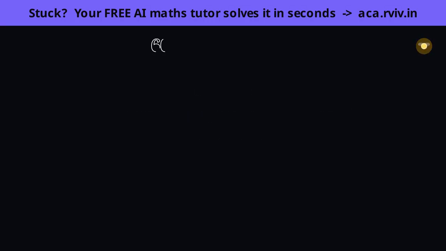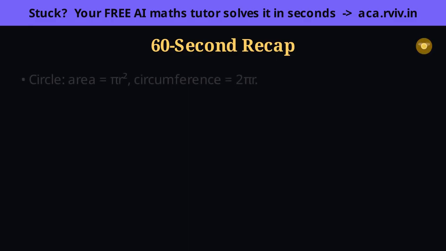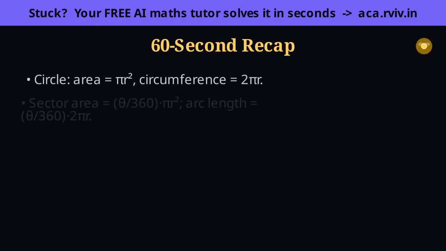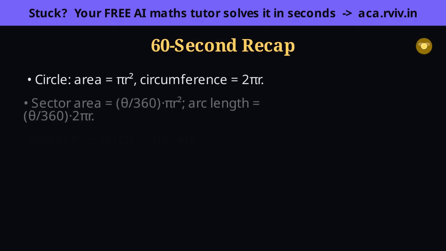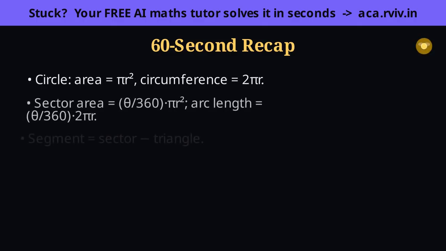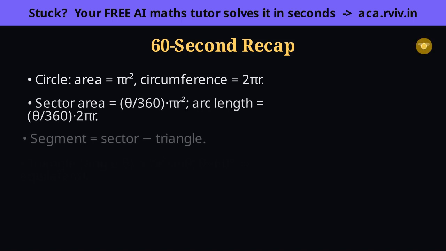In 60 seconds, and every line with its reason. A circle has area πr², because its sectors repack into a rectangle of sides r and πr, and circumference 2πr. A sector is θ/360 of each. Since that's its share of the full turn, πr² gives its area, 2πr its arc length. A segment is the sector minus its triangle, because we lifted that triangle out to reveal it, and the triangle is 1/2 r² sin θ, conveniently equilateral at 60 degrees.